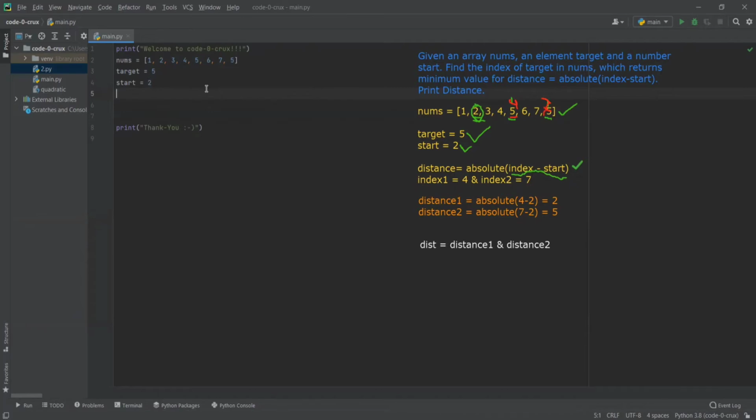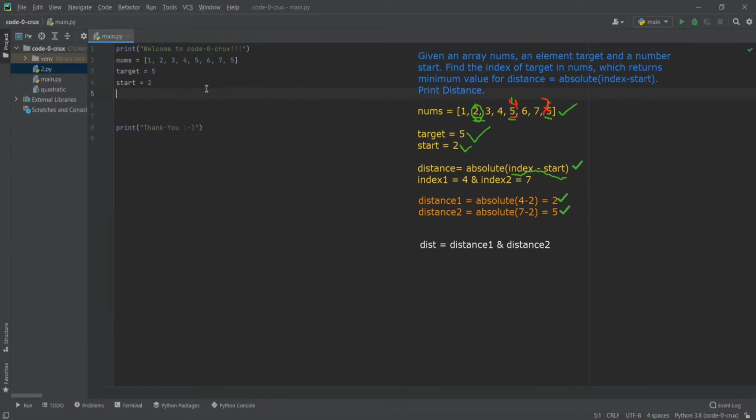Distance 1 will be the absolute value of 4 minus 2, and distance 2 will be the absolute value of 7 minus 2, which is 5. So the answer for the first is 2 and for the second is 5.